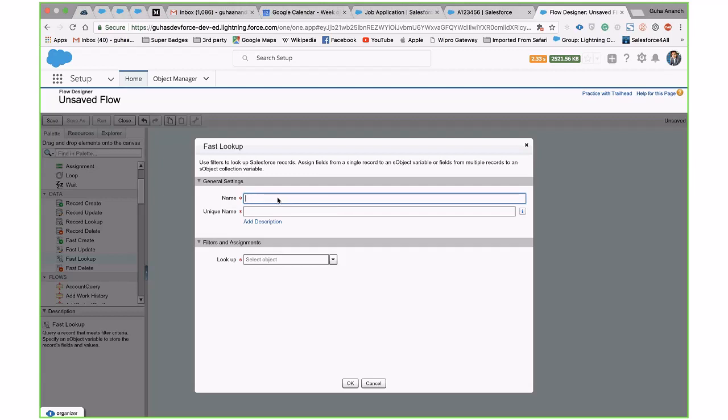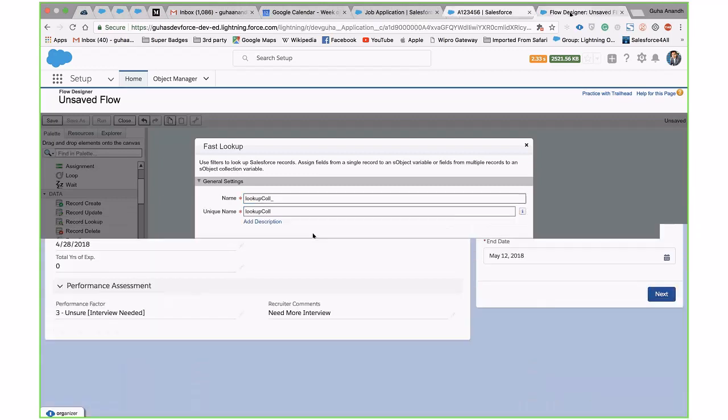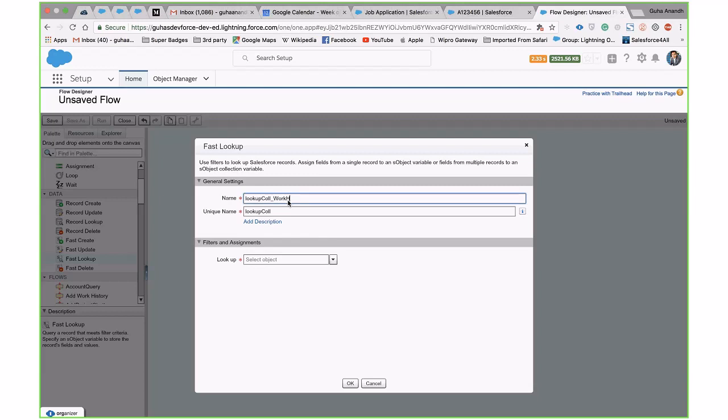Let's say lookup collection, and collection of work history, right? So let's say, and I'm going to choose the object as work history,